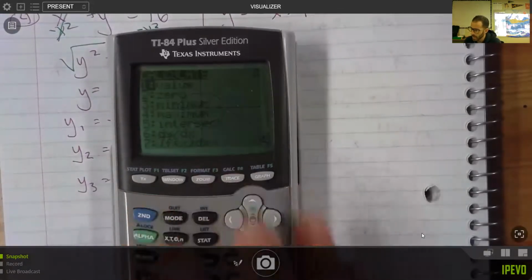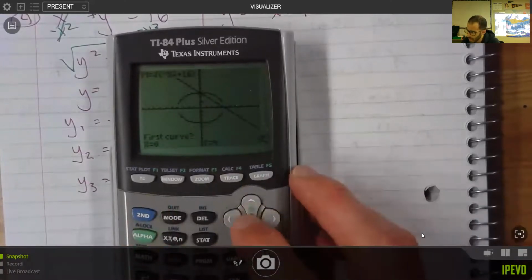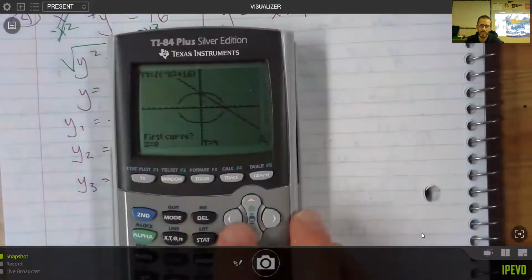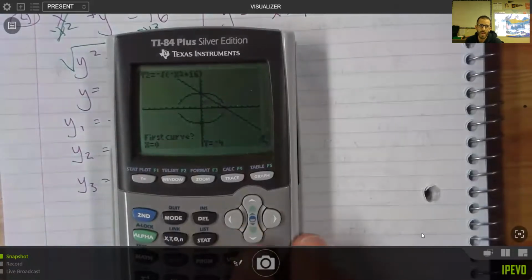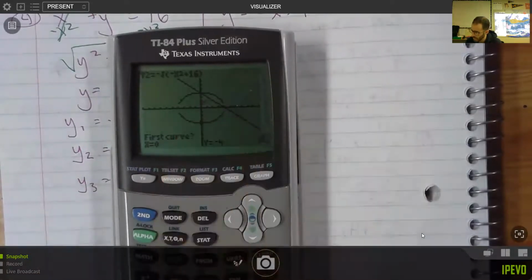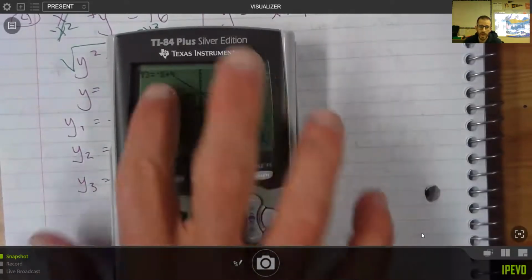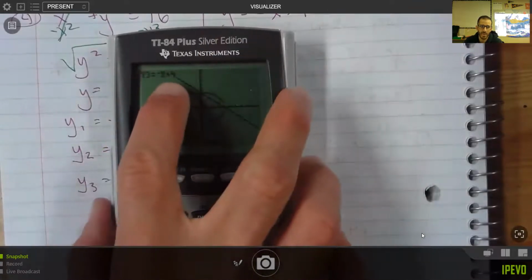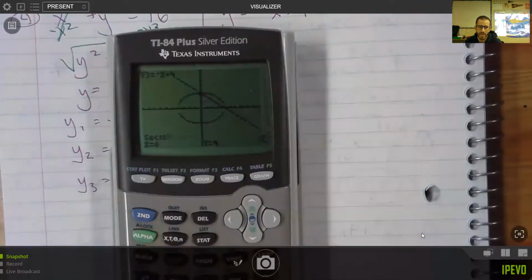Now the other answer, I don't know if it's going to do it, but let's find out. We're going to second trace, intersect. But my first curve, I don't want it to be the positive one, although it would work. I want it to be the negative one. So I hit the down button to go to y2. This is my first curve. I want this and the line. Enter. Second curve, it automatically went to the line. See, it says it right there. It tells you what it's on, the line. And now